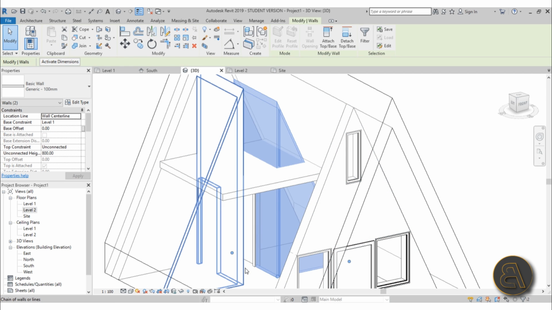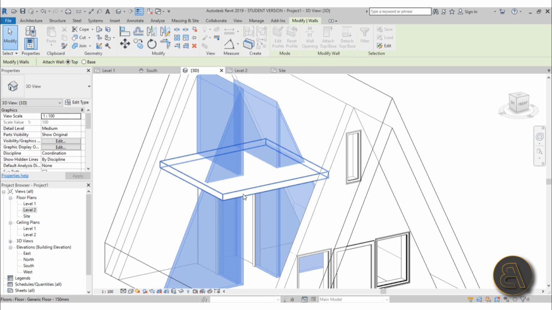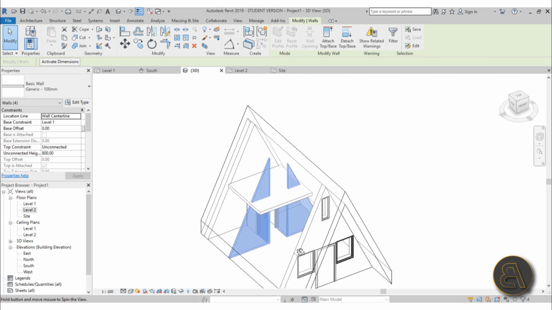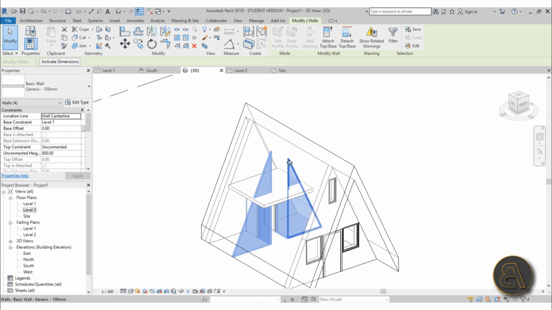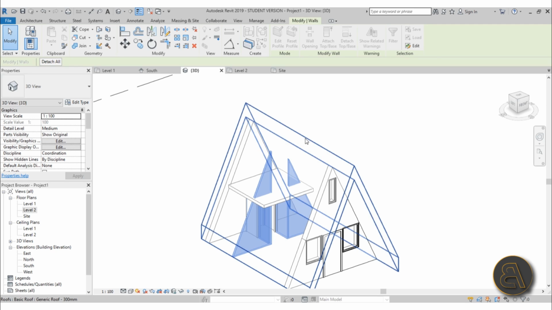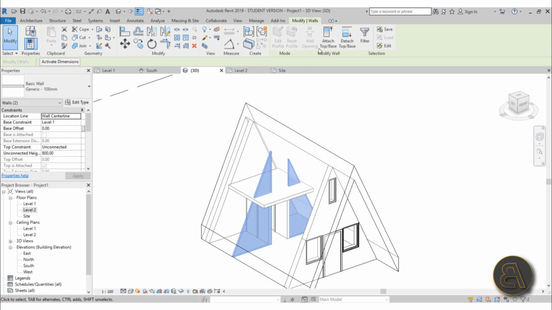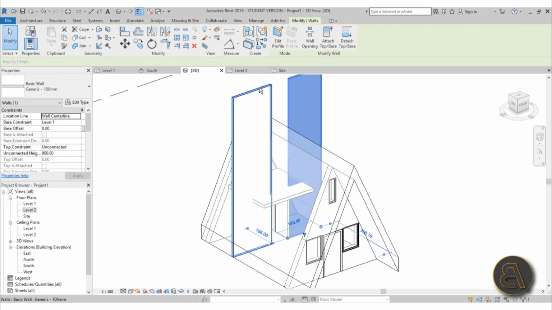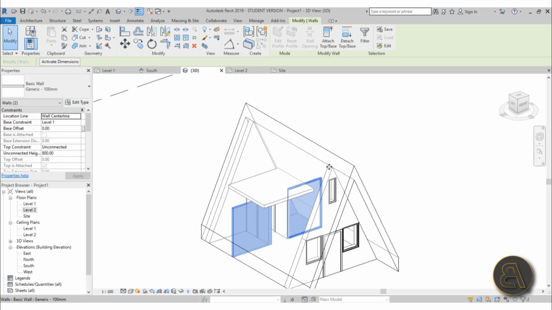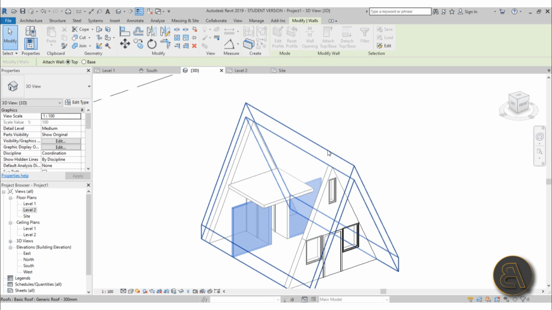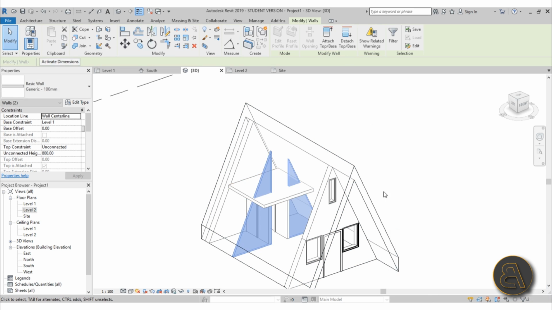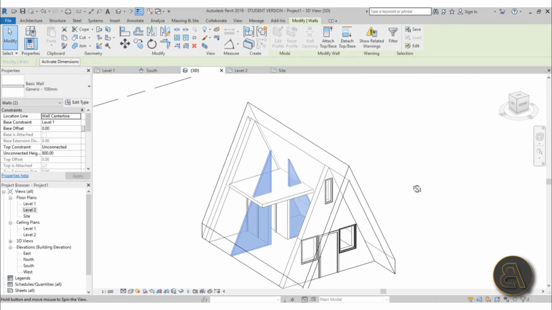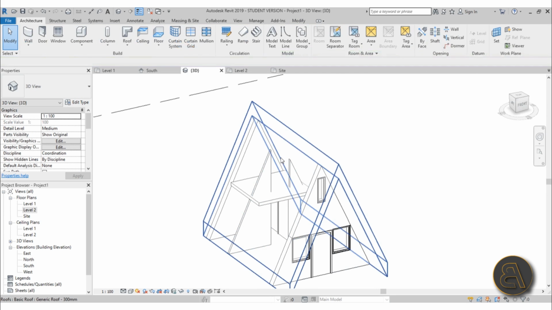So let's select both of these and go attach top base and then select this thing. Now here we're going to get some detach elements warnings. So Revit is kind of freaking out. So what I like to do is just detach this. Just select these triangles, detach top base from this, then select the two of them, then go attach top base, select this thing, and then attach top base again and select the roof. And let's detach tangents. Okay, sometimes it doesn't want to comply,